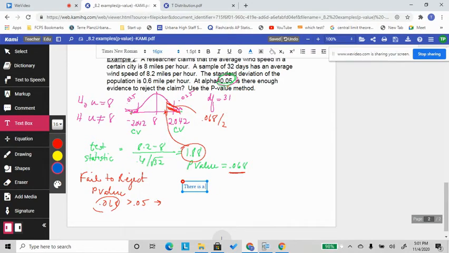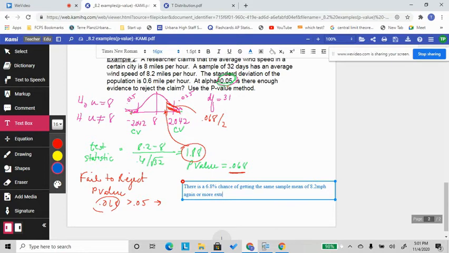There is a 6.8% chance of getting the same sample mean, and the sample mean was 8.2 miles per hour, or more extreme,